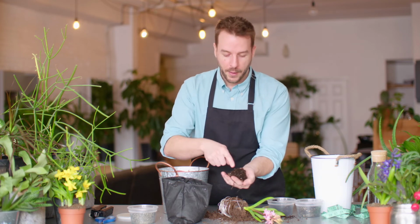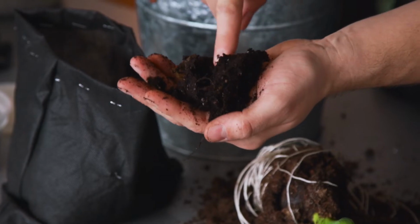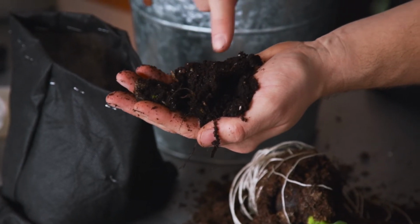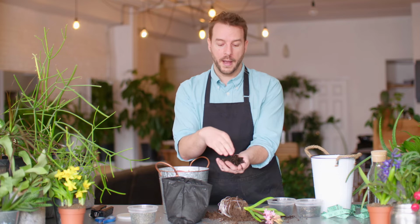Now, again, this is stuff that we go into in our other trainings, but the crumb test means when you clump the ball together and you kind of lightly push it, it should crumble apart like that and make big cookie crumbs, right? So that's a good sign. That shows you that there are glues or gels and colloids from the bacteria in here. That means it's good soil. So if you can grab a sample of soil from the park or from the garden or from one of your friends'